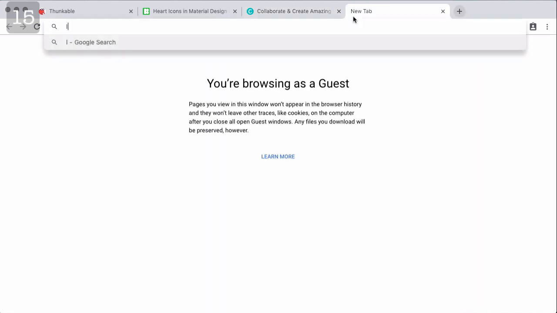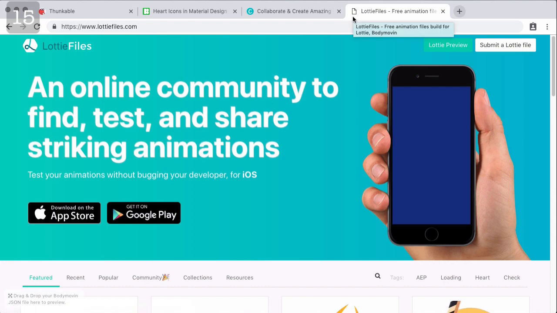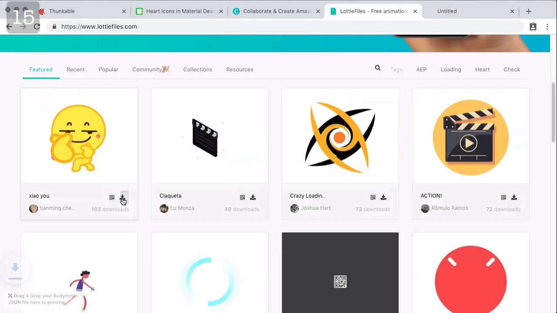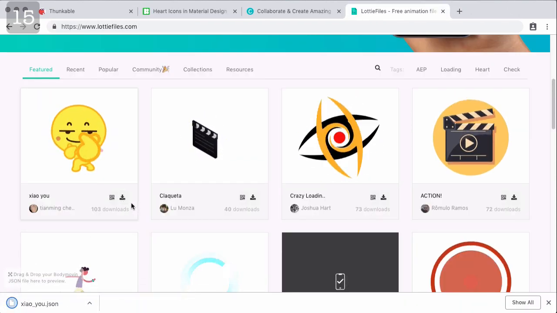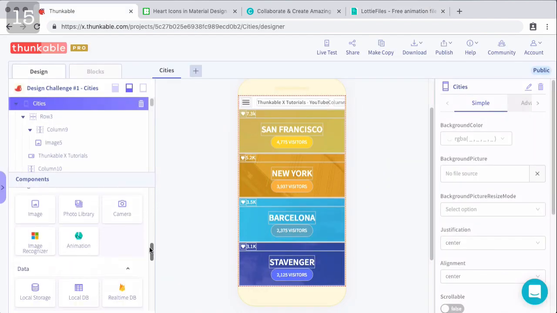And then lastly, if you need any kind of animation, lottifiles.com is a place where you can find free animations. And so you would just download that here and then upload that as a resource in your app. And then inside of Thunkable, drag and drop in an animation component and then set the image to that JSON